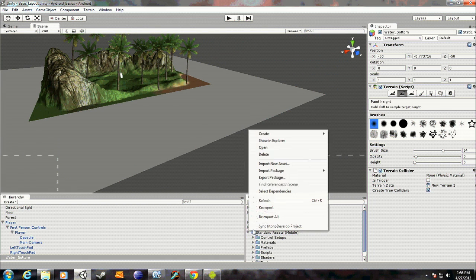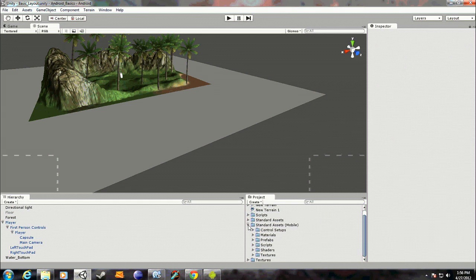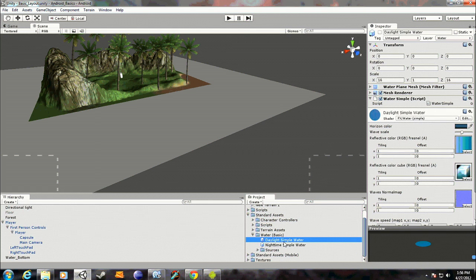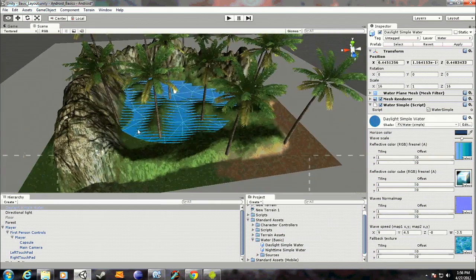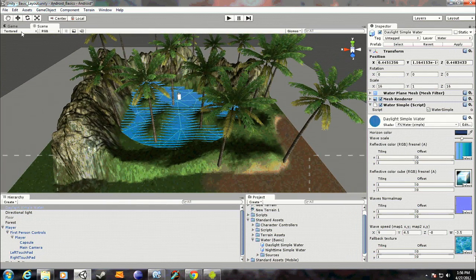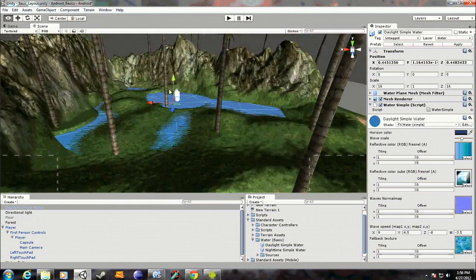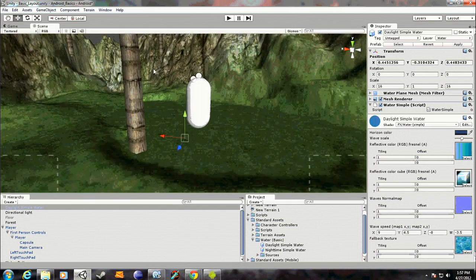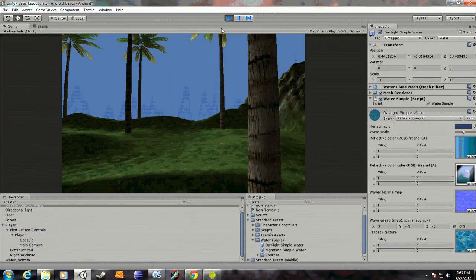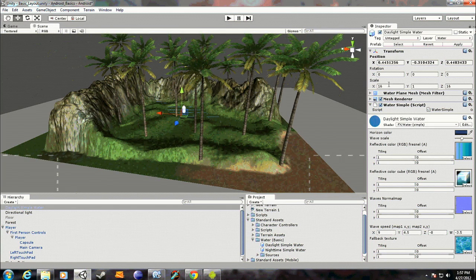So you can go to the standard assets, I think it's in mobile. No, there's no mobile water yet. You go water basic. If you have pro, I have pro, but I'm only going to use this because I know nobody will have the pro unless they've bought the $1,500 license. So you have this water, and you want to drag it just down below, so that when you're actually on the terrain, you can't see it. So now we want to make this go 100. Actually no, we'll make it go 75 by